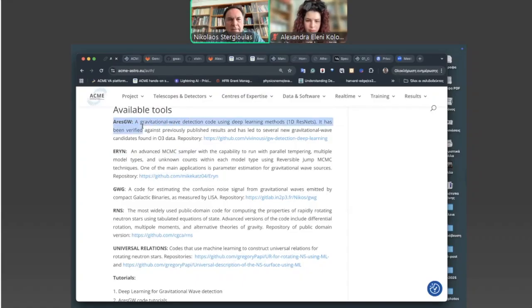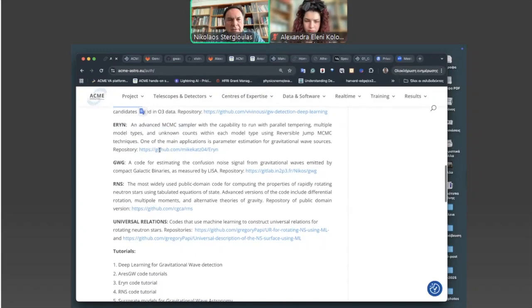Today, we're going to discuss AresGW, and then there will be another training session by Nikos Karnesis using one of his own codes for estimating the confusion noise signal from gravitational waves from galactic binaries for LISA.